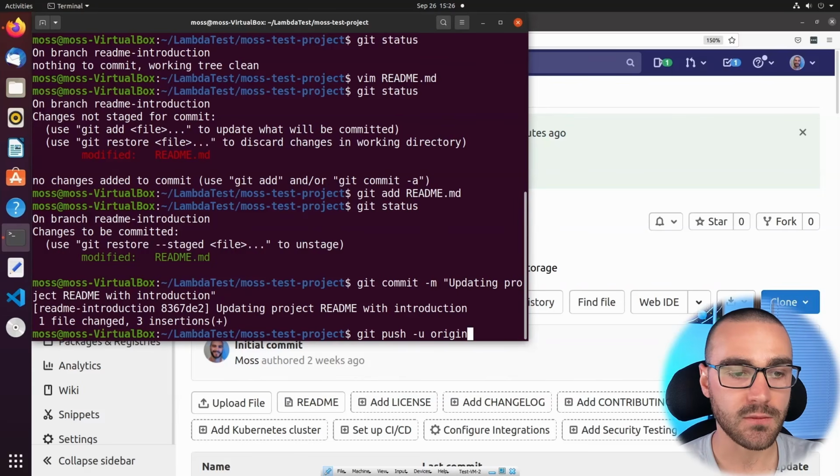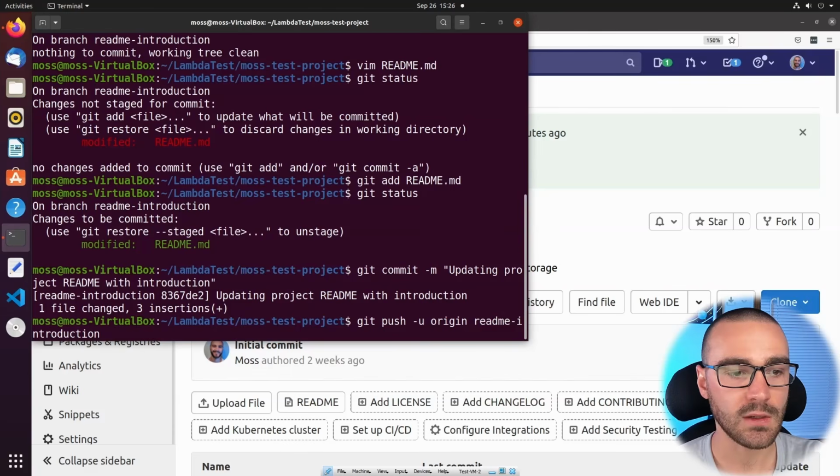And origin is a variable that's resolving to GitLab. Essentially, it's resolving to the URL of the GitLab project. After we've specified the name of the remote, we specify the branch name. So we're going to say origin and then